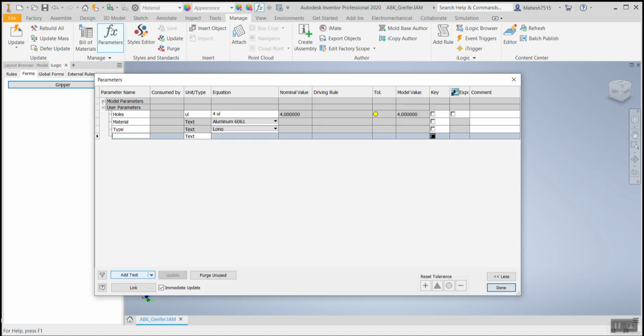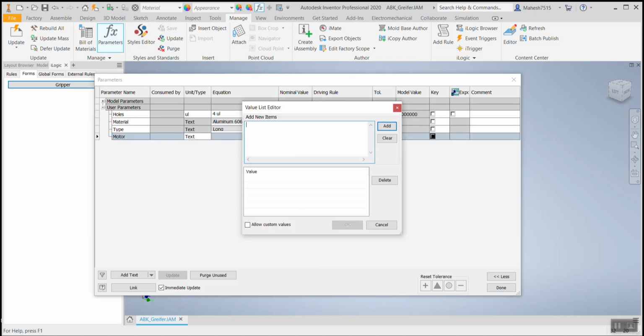And finally, we'll add another one for motor, multi-value text. Short and large.